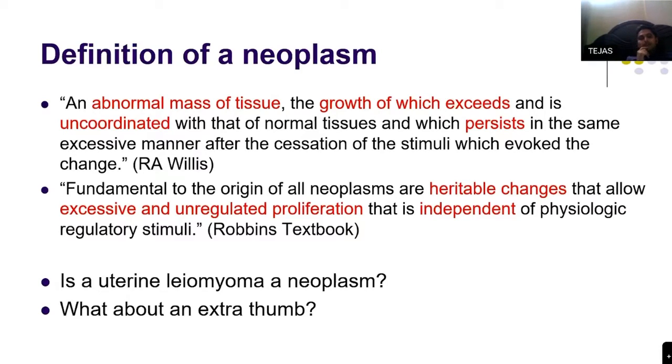The extra thumb, which is there in any person, it's normal to him. So then why don't I say that so many people have got leiomyomas? A fibroid is a very common thing. So it's normal to those people, no? In fact, extra thumbs are much rarer than all the leiomyomas and the fibroadenomas. Come on, can you not see the difference? Ma'am, embryonic developmental anomaly, like it happens.